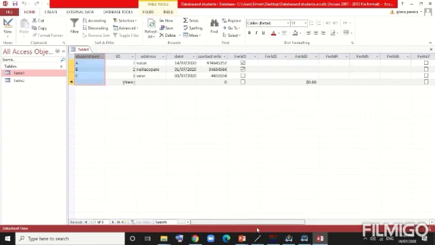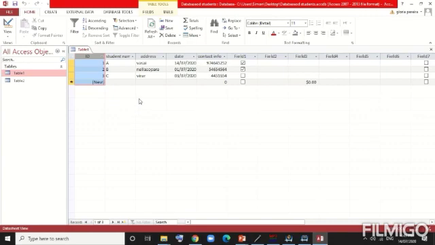Okay, now I'll just shift this ID over here. So this is how we can shift our field, move the field, and hide the field. If we don't want to see that field in the table, we can just hide it. And if you are looking at the record about a particular student and you want that particular field to stay available in front of you, you can use the freeze and unfreeze option.